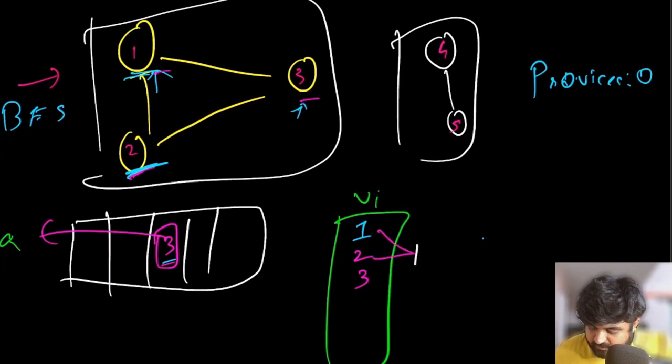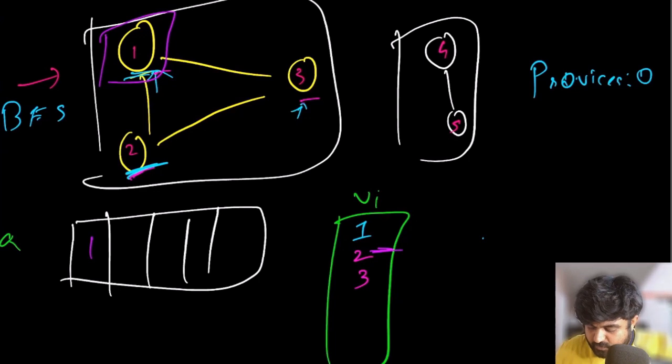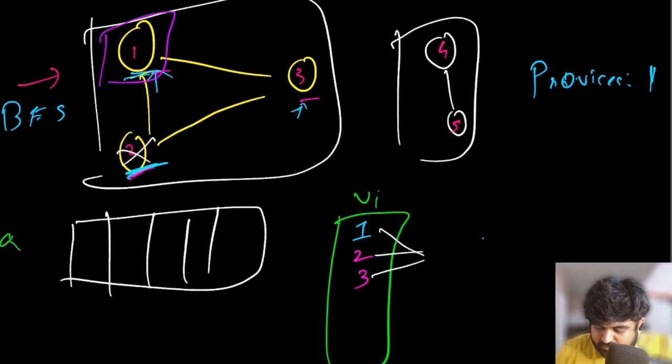Also, I forgot one key important thing, and that is that the moment initially when we started iterating through 1 and we found that 1 has a neighbor 2, immediately we needed to add the number of provinces to 1 because we found at least one province. So we would have found one province, and in order to find that province, we already visited all 3 nodes. So we are going to mark these 3 nodes as visited.